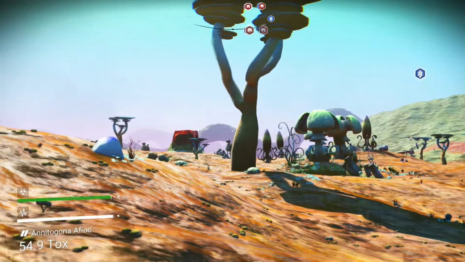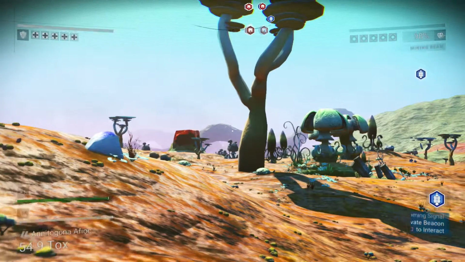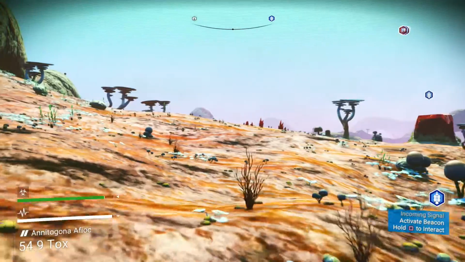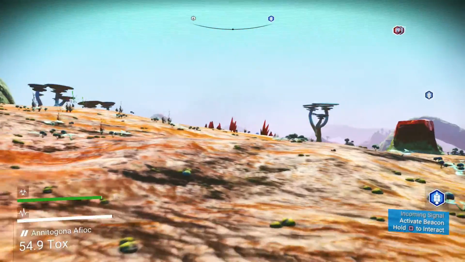Did we get enough to do that? I think we did. We'll just double check. Yeah, we've got 16, so we need 40. I think that's iridium there, if I'm not mistaken. This is plutonium. That's what I mean, this planet is quite abundant. There's a lot of